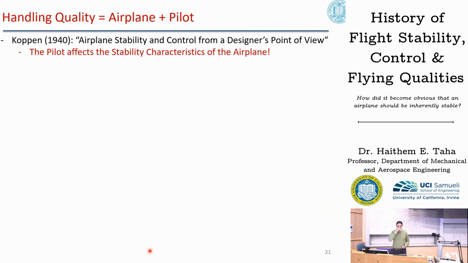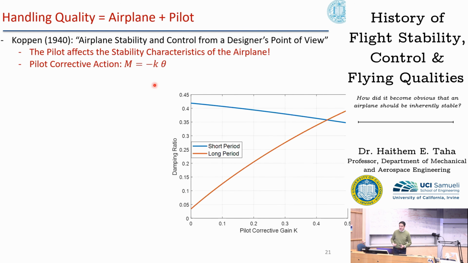So, for example, if the airplane is experiencing a pitch up disturbance, the pilot instinctively will apply a corrective action, a pitching down movement. And it's fairly reasonable to assume that the pilot corrective action will be proportional to the disturbance. If he or she feels a large disturbance, they will act accordingly, and vice versa. Now, if you add this additional pitching moment term to your equations of motion and get the eigenvalues of the fourth order polynomial, get the modes, long period and short period, and get the damping of these periods and plot them as the pilot corrective gain increases, you will find this.